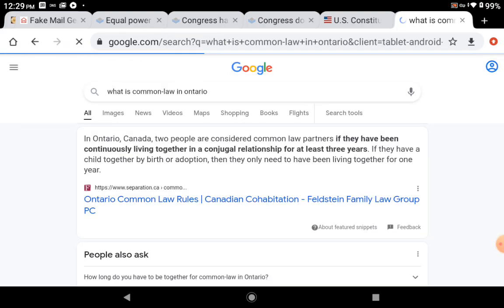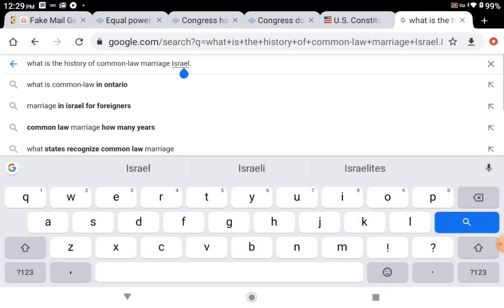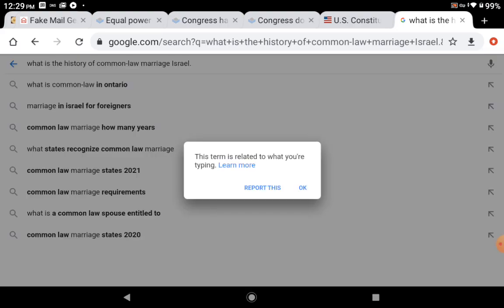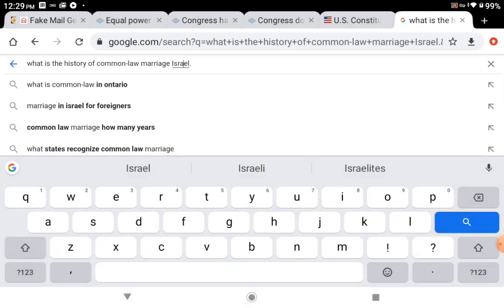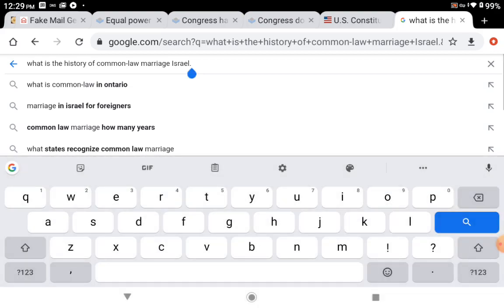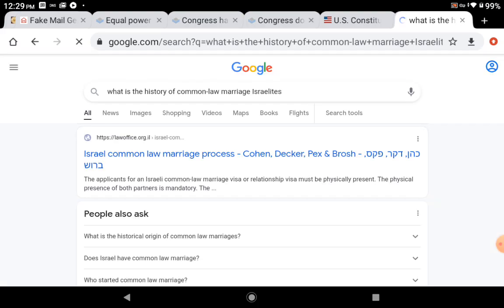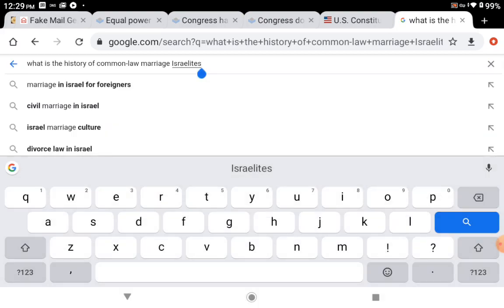Let's do, no, get out of here. Nobody asked for no Ontario. Lord have mercy. All right, let's see if it's going to, it's that little line. Got to get it past that. Okay, get rid of the period then. All right, Israelites. Let's see. Nope, it still did the same thing. Israelites, so we're going to say